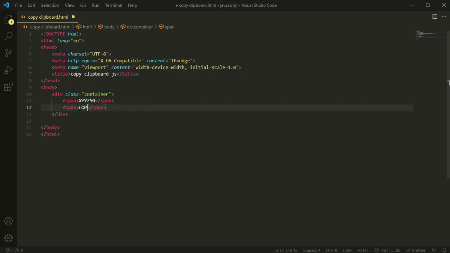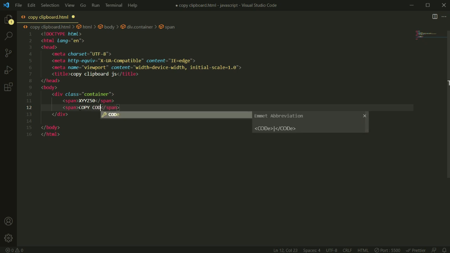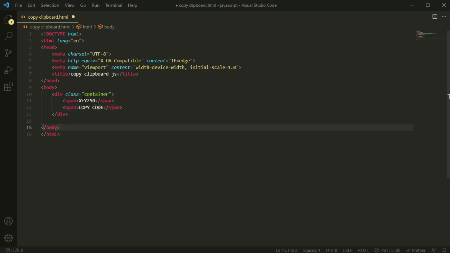Here I'm writing Coffee Code. This is a button, or you can add anything else also. Let me write my channel code, it will be better for you. Code 50. So for example, take it as the code here, Code 50. And this is the button code.